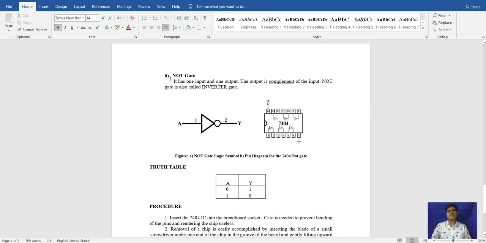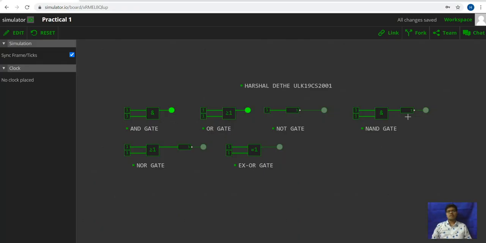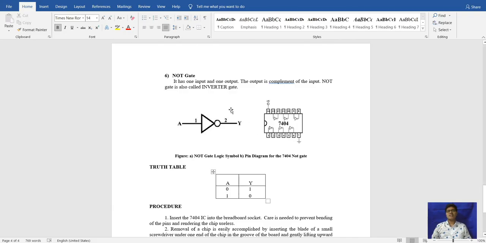After that, we will see the NOT gate. The NOT gate gives the complement of the input. If we give 0, we will get 1. If we give input 1, it will give us 0. So this is the NOT gate. If the input is 1, the opposite is 0, meaning the complement of 1 is 0, and when we give 0, it will give us the complement, 1. So then the light will glow here. So this is the NOT gate.